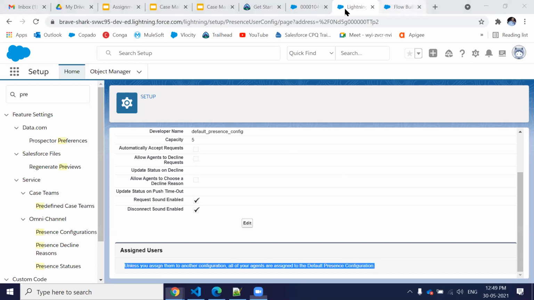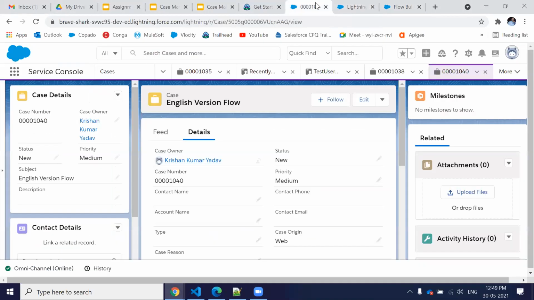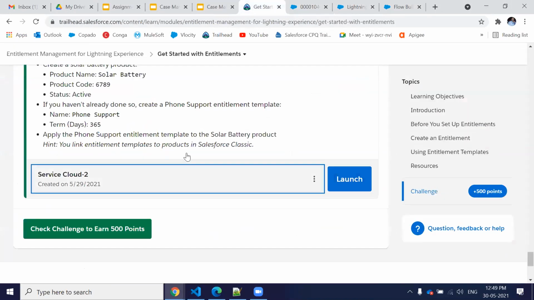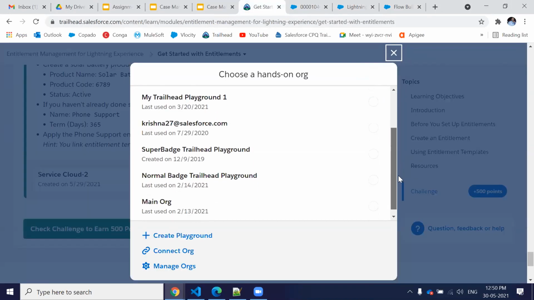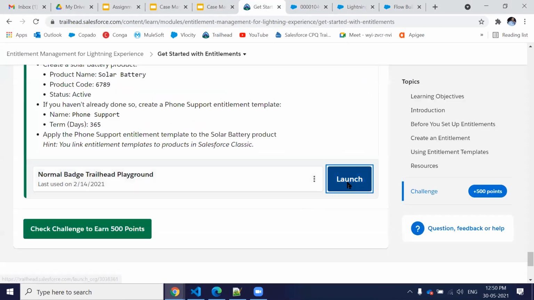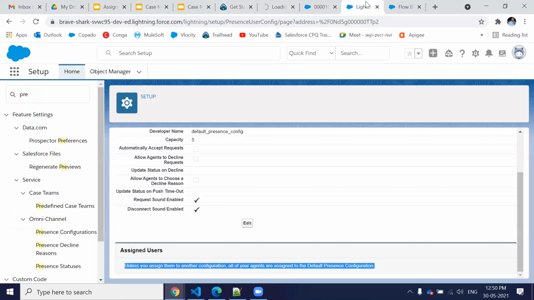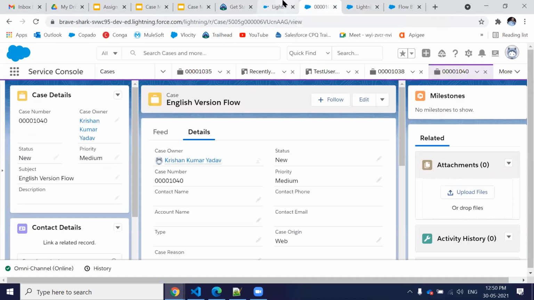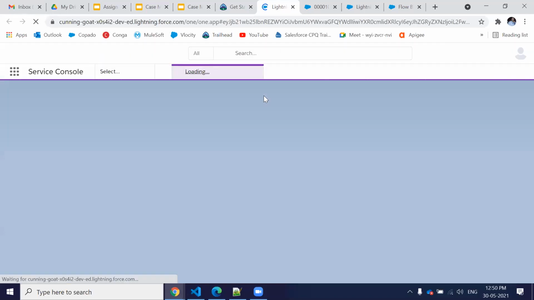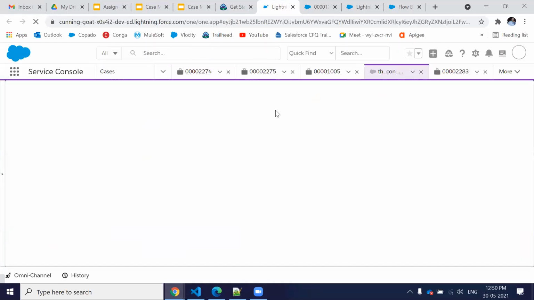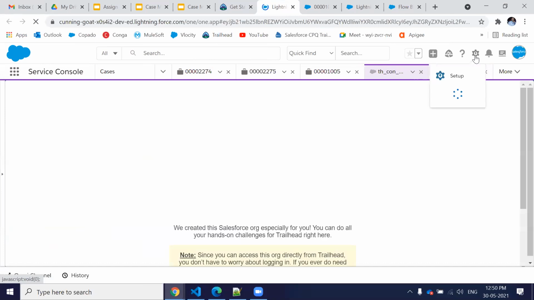So I'm assuming that this org has something going on behind the scenes, because the same flow is working in my another playground. Same thing, same flow working, but not sure why it's not working here. This is my another org from the playground.